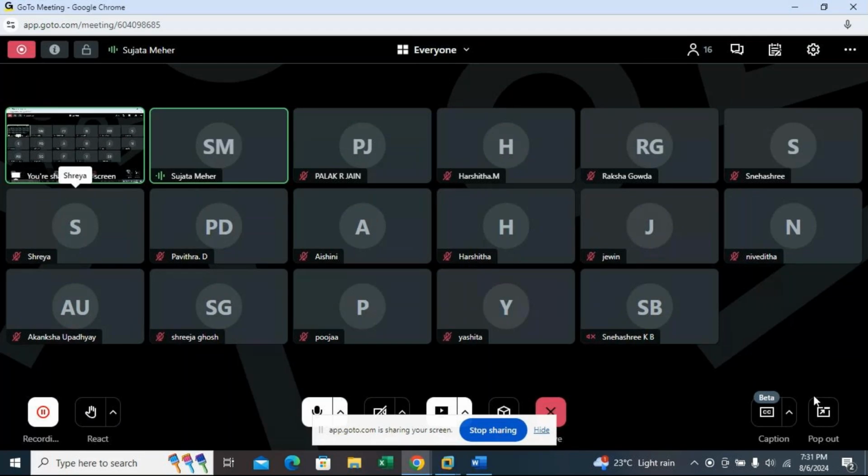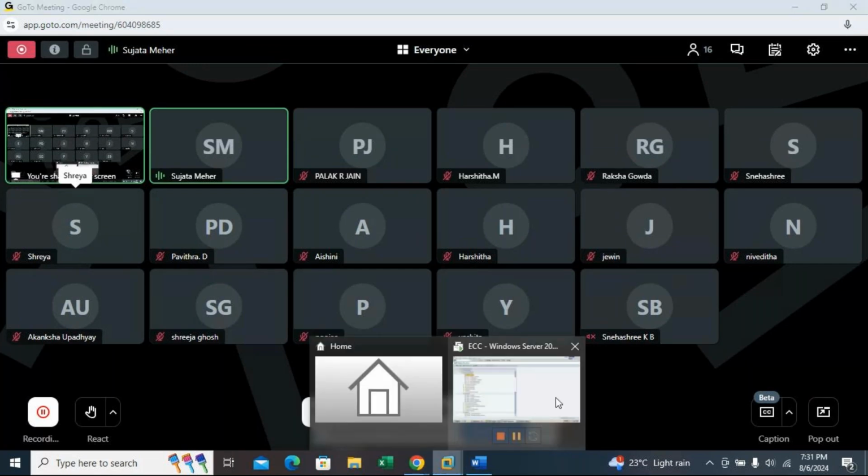And those who have entered this invoice, send once again. Payment entries I'll teach you one more time tomorrow. If you have done payment, okay. If not done, I'll show you once again. So what I am saying, Pavitra has sent. Okay, Pavitra, you have to do this one, payment entries.